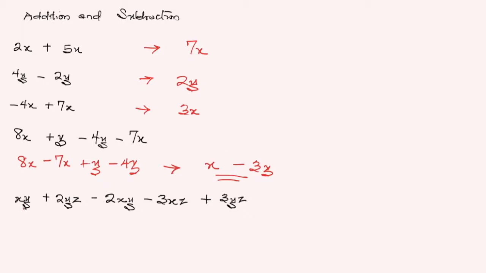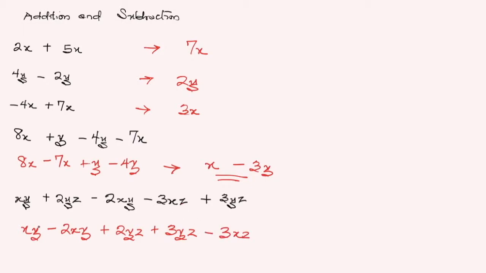Now, if we do the same thing here, we have xy plus 2yz minus 2xy minus 3xz plus 3yz. Now, we have to regroup so that we have the xy's together and the yz's together and the xz's together as well, but there's none here. So we can redo this by saying xy, we have another one here, so this is minus 2xy plus 2yz plus 3yz minus